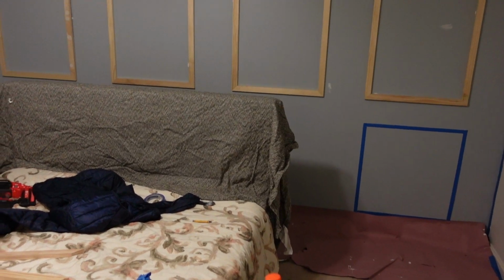Today we're planning on finishing. I'm going to do the second coat of white on the walls that are not the accent wall, and then we'll probably do the first coat of black on the actual accent wall. So that's probably what we'll be at today. And then later tonight after it dries, I'm hoping to finish up the second coat of black and we should have the room ready for decoration. But let me turn the camera around just to give you a quick look. The walls are now white